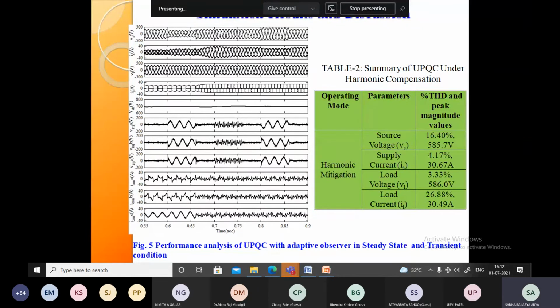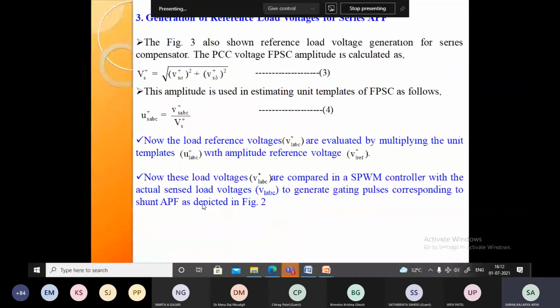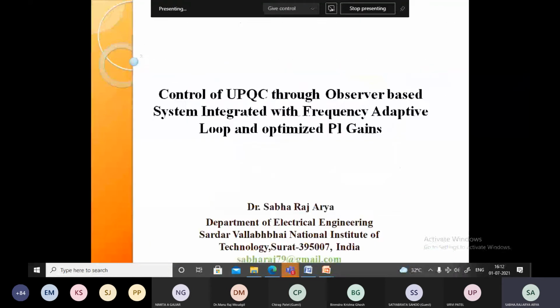Supply voltage, just like a DVR, you can see checks and balance are there. Current, after compensation, the supply current we are not going to distort. Only active current is drawn from the supply side due to the DVR. Load current is almost sinusoidal; we are not going to maintain a sine wave for the load current because that is whatever nature is there. Depending on the load, the load is going to draw that current. Then you can see the DC bus voltage, injection voltage, and compensating current. So this way we can record the response and plot the curve.